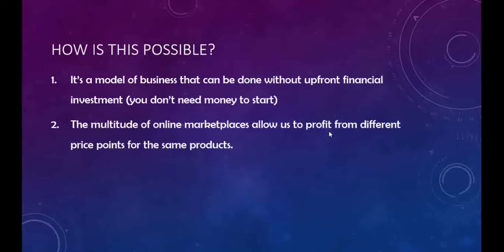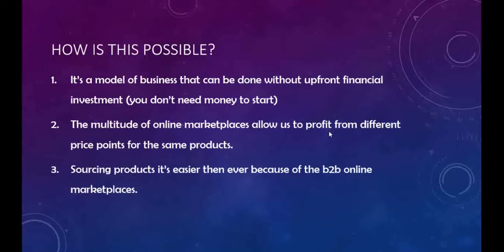Okay, so for example, a product that in the United States is sold for $15, it's very likely that in Europe it can be sold for $20, but in India it's sold for $5, and maybe in Japan it's sold for $25. Okay, and we can easily profit and juggle with these prices, so we can actually take a profit from this.